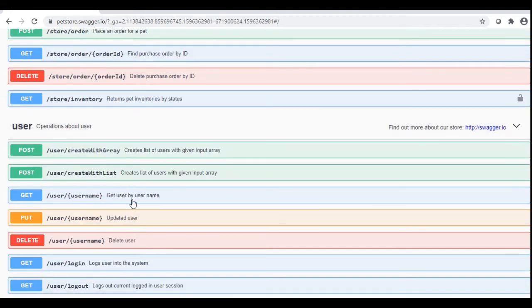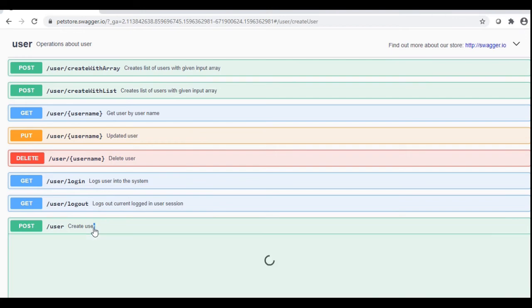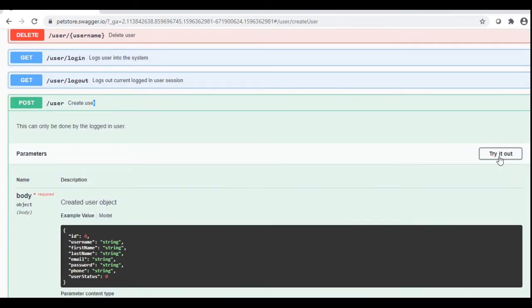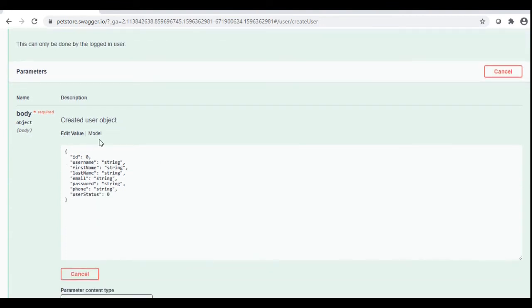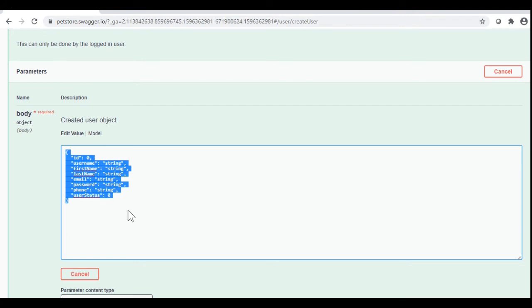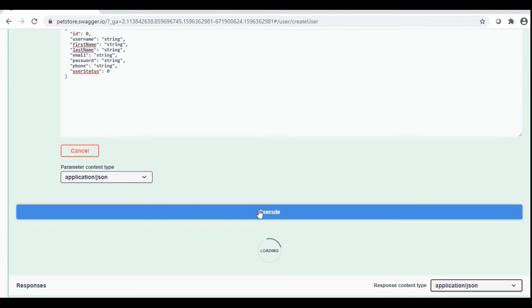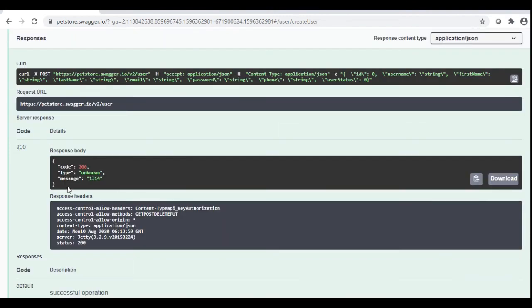So I will go to user and post create with user, create user. And if I try it out, it gives me the body to create the user, the body text. So I will copy this text. We will check the execution of this. This will be the request URL. This will be the response.